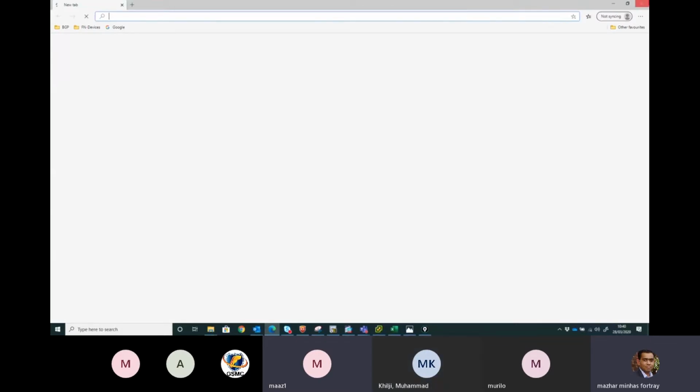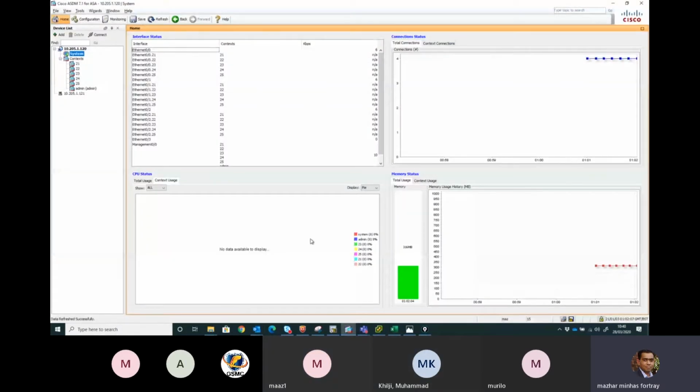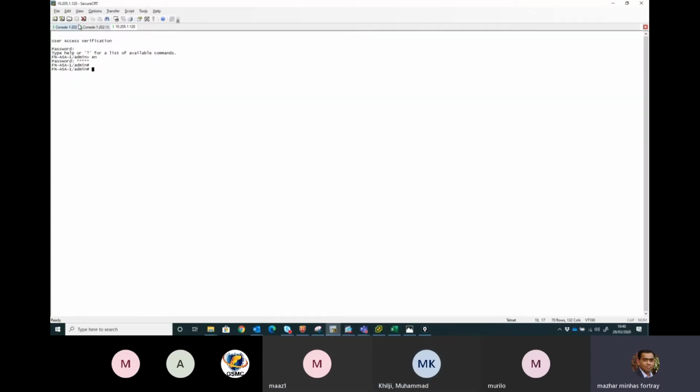I think we can do this from your home as well. Once you have VPN, you can access them. I'll show you here: Telnet 10.205.1.120. The password is Cisco, then enable, and the password is Cisco. Once you log in here, this is device 1.